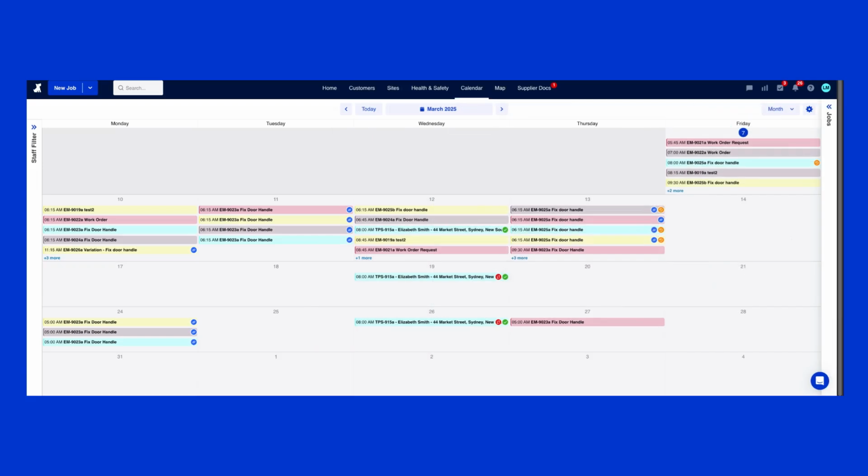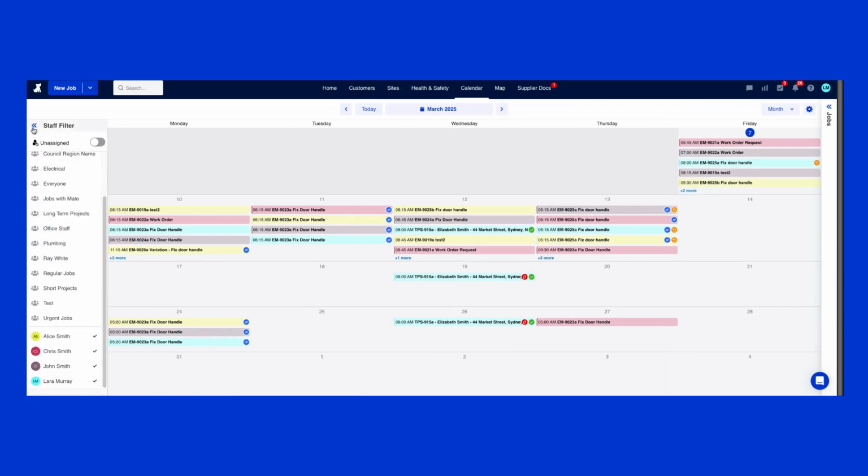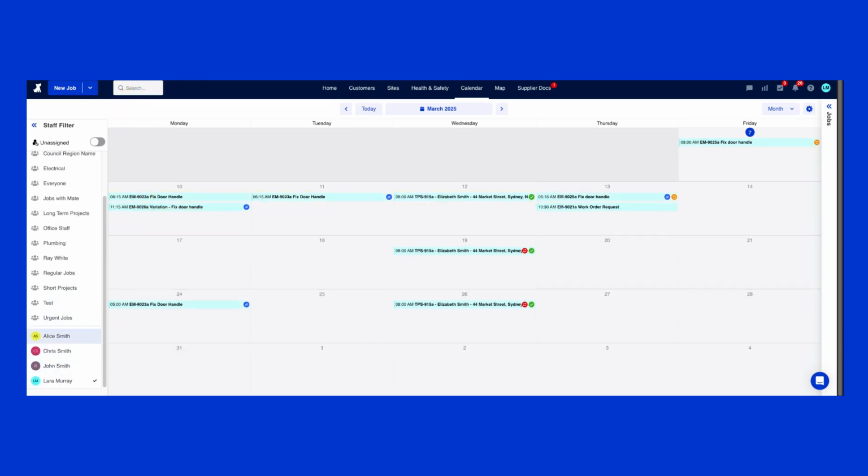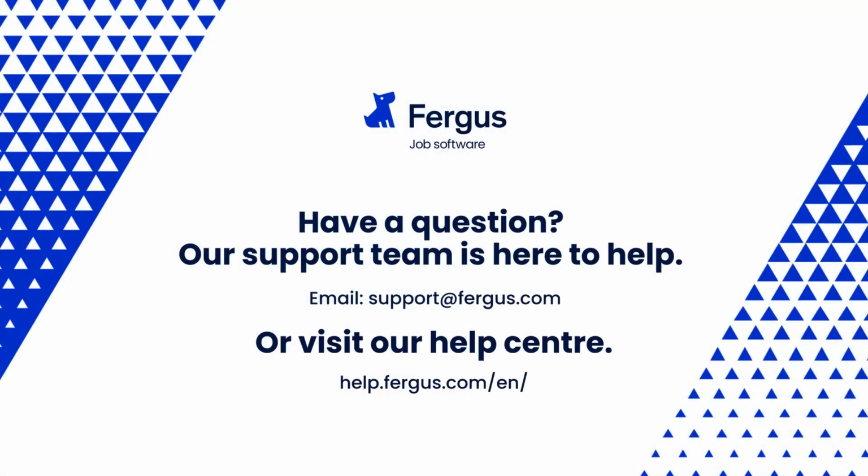The month view can get crowded if you have a large team with multiple jobs per day. To keep things manageable, use the staff filter on the left. You can select one staff member at a time, or use groups to quickly toggle a selection of users on or off. With these flexible calendar options, you can stay on top of your team's workload and keep jobs running smoothly,